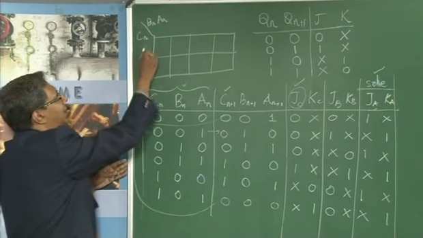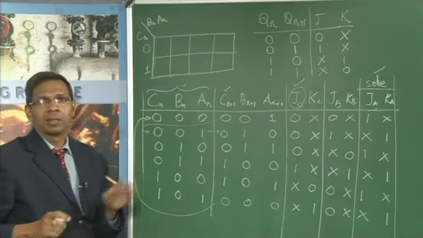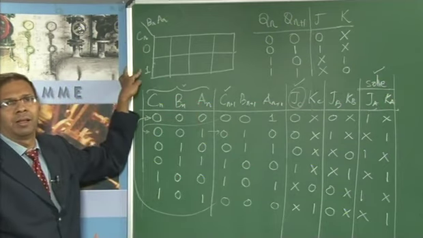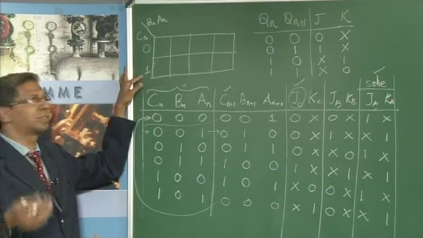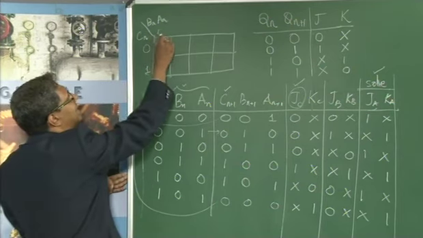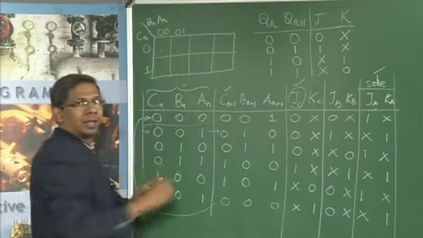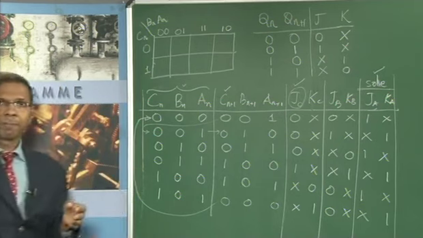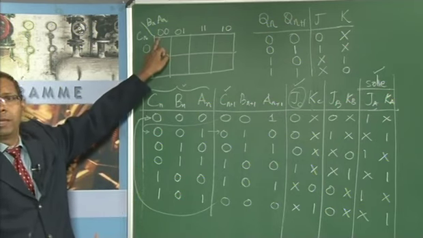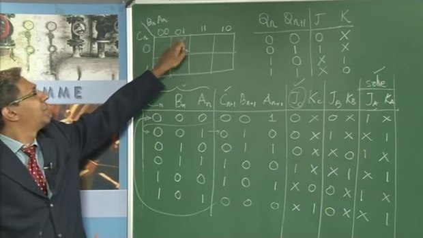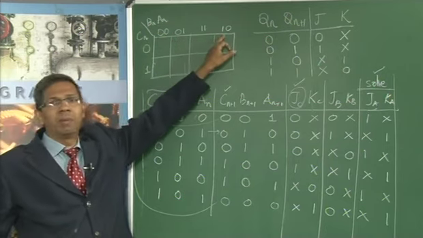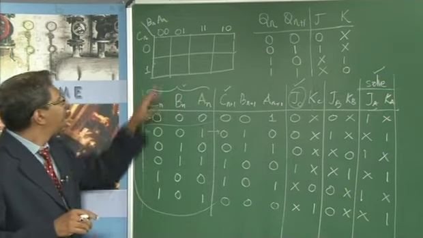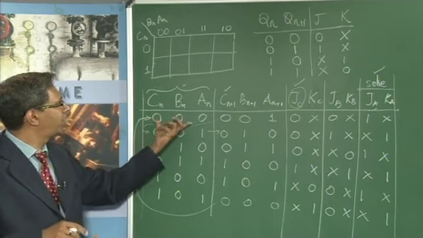And what are the values here? I read this as 0 and 1. There are many different ways of doing it. Some of them write it as Cn bar and Cn, so you can write it as Cn bar and Cn also. And then we write these as 0 0, 0 1. Remember, it's a gray code, so it is 1 1 and then 1 0. Some of the books write it as Bn bar An bar, Bn bar An, Bn An and Bn An bar. We choose to write it as 0 and 1. Why do we do that? If we do this method, it becomes very easy to interpret from here to here.